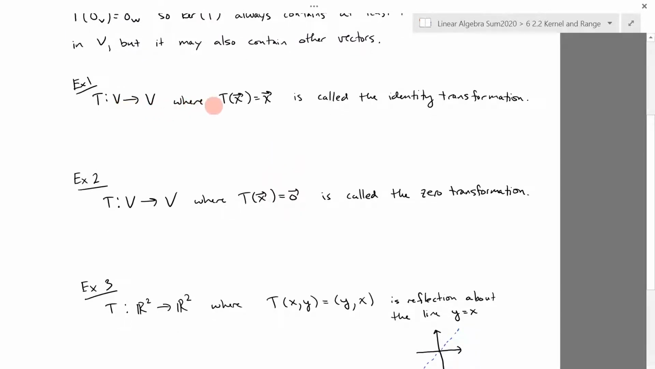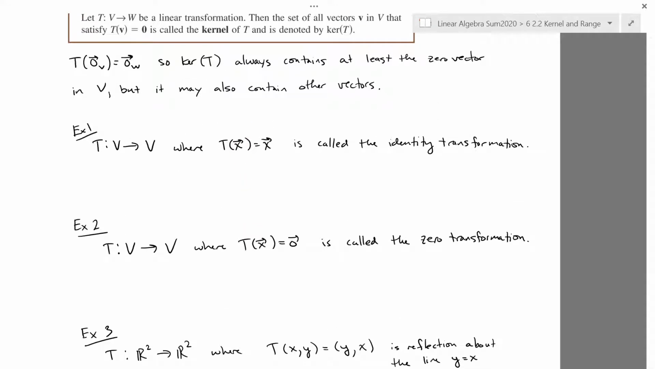So the first example here is the identity transformation, because basically the identity transformation keeps every vector the same. So if we want to find the kernel, it's everything that gets transformed to the zero vector. So we need to find v such that